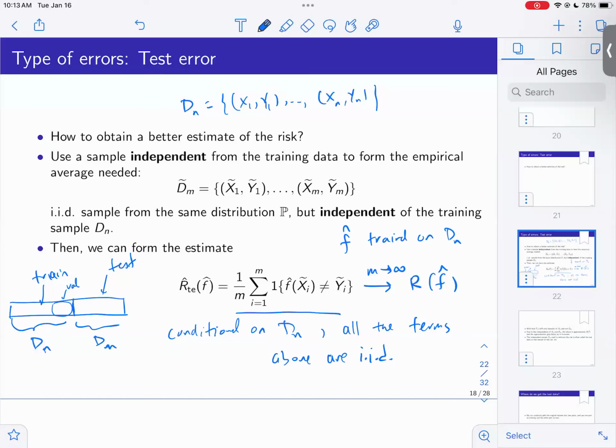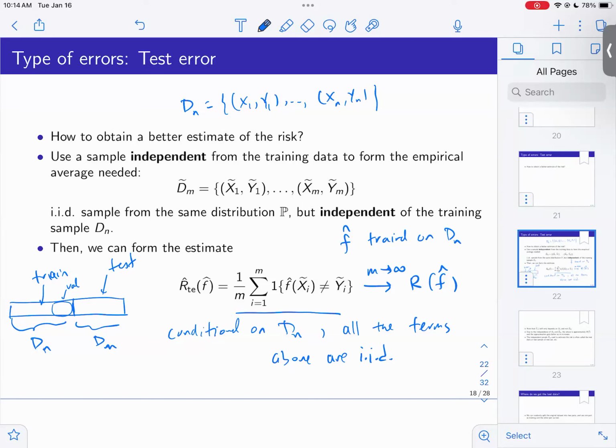One word of caution: if you have the test set, you might have the tendency to train your classifier and do whatever you want, then test it, then go back and fiddle with it, and test it again, and keep doing this. Keep using your test to evaluate the classifiers and then modify them. At that point, it's really not a test, because you're effectively using it again to train your classifier. So all bets are off again.